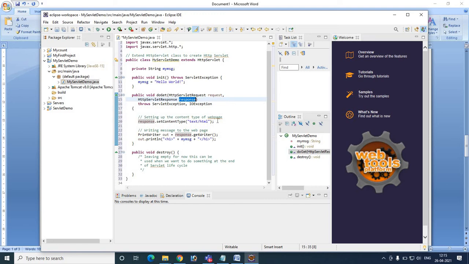After that, in order to write the message on our content, we have to create the object for PrintWriter. So PrintWriter object name equals response.getWriter(). After that, with the help of the PrintWriter object, out.println(), we are going to display the message, that is the Hello World message. And finally public void destroy(), which will be called when the servlet ends its life cycle.